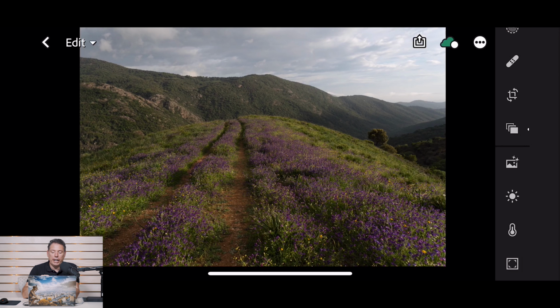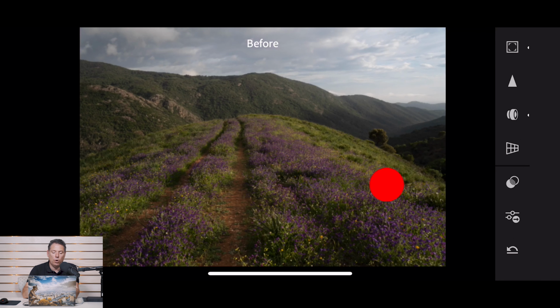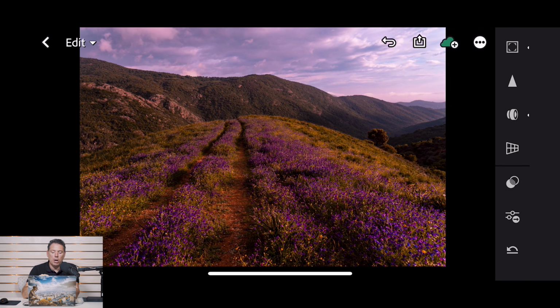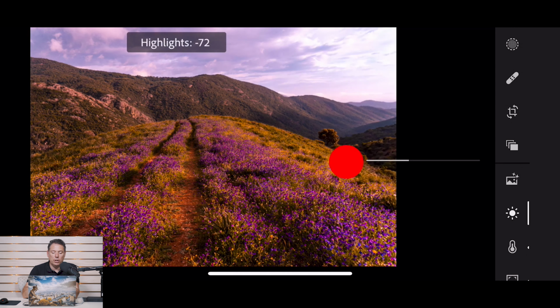Let's do one more. This was a golden hour that I shot back in Corsica. So same thing, I go all the way down here and I'm going to use the day pink, for example. Ooh, I love day pink. Look what it does. Before, after. Much more interesting photos. Of course, I can fine tune it by opening up the shadows, giving in more contrast, bring down the highlights. Preset is just a starting point, but these presets were done based on my signature preset,